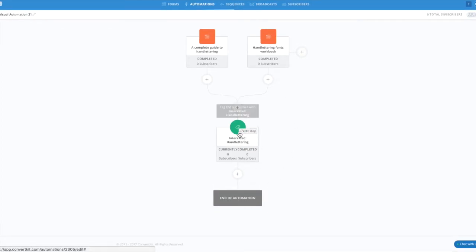Notice here that the tag is green. That means it's an action that happens at the end of this bit of the visual automation. Moving down now here, I would like to start sending the launch emails, but I want to make sure that